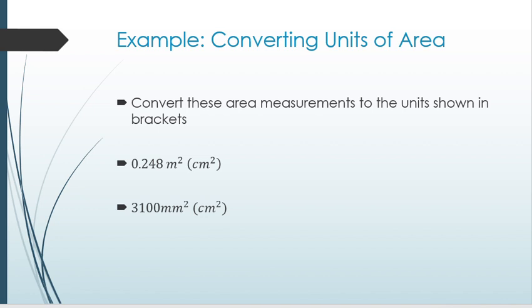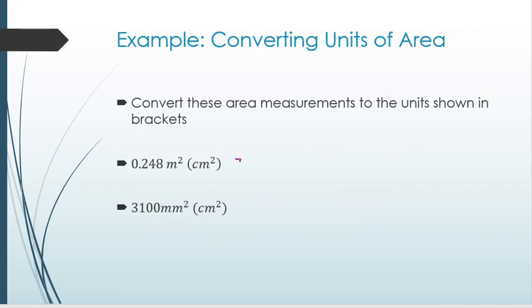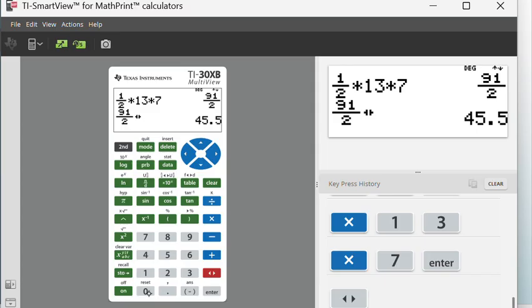So in this example, convert these area measurements to the units shown in the brackets. So I have 0.248 meters squared and I need to convert it to centimeters squared. So just refer back to this little conversion diagram that we have here. To go from meters to centimeters, all we are going to do is multiply by 100 squared, okay? So what you'll write is 0.248, multiply this by 100 squared, and if you type this exactly in your calculator,